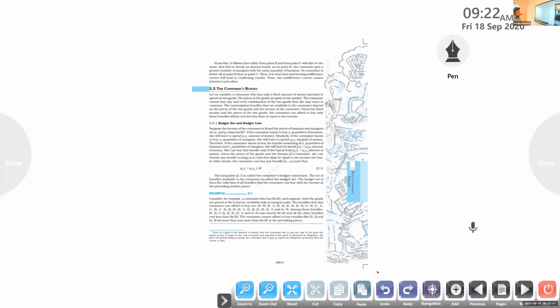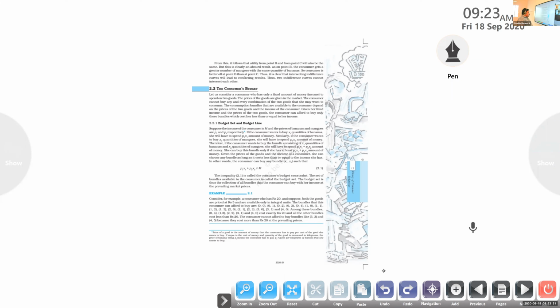So we know that we already started discussion over what we mean by consumer's budget. Okay, so that is basically related with the income of the consumer. So in this chapter, we already studied some particular aspects related with commodity bundles. If a consumer wants to purchase a particular bundle of products, first of all they will think about the cost of that bundle, or the cost of the products included in that bundle.